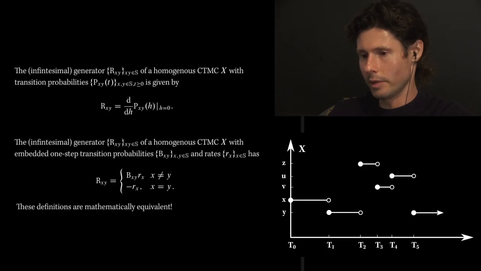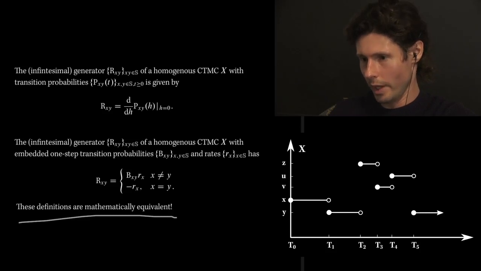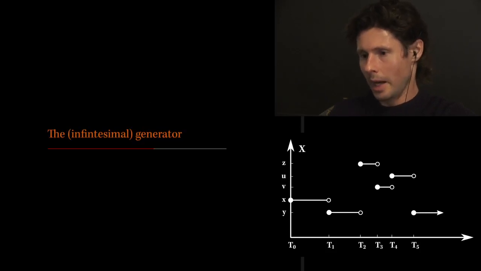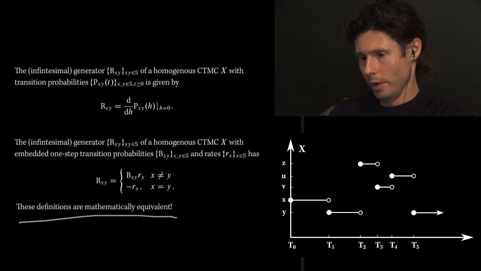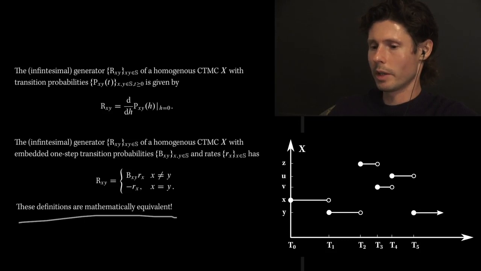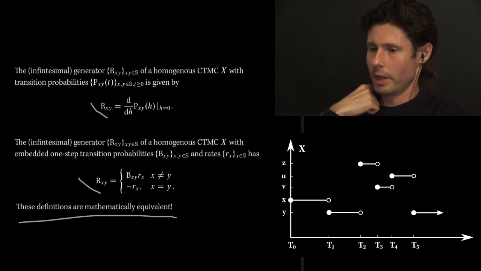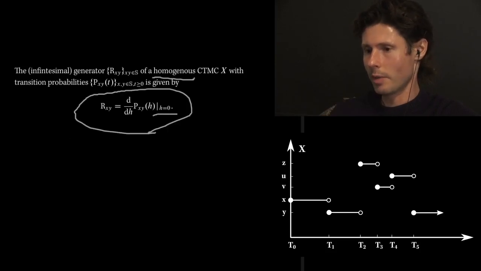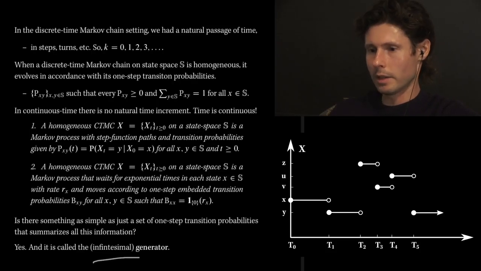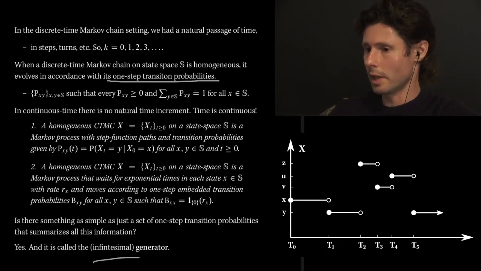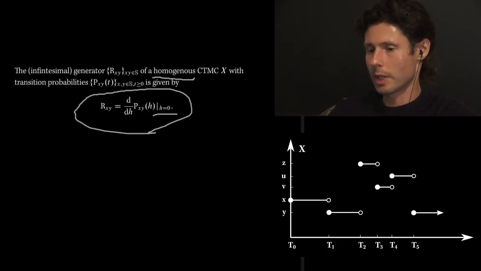So on the level of definition only, as I say there, these two are actually mathematically equivalent. I'll show you why that's the case. One quick note before I move on to the next clip is that in the time inhomogeneous setting, which we're not going to discuss much, this would actually be a function of time as well. But for now, we're thinking of homogeneous continuous time Markov chains, where, again, back in the discrete time setting, there were one-step transition probabilities. If the thing was not homogeneous, then we'd lose this as well. So we're going to stick with homogeneous continuous